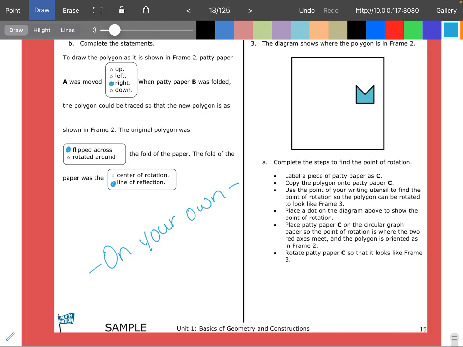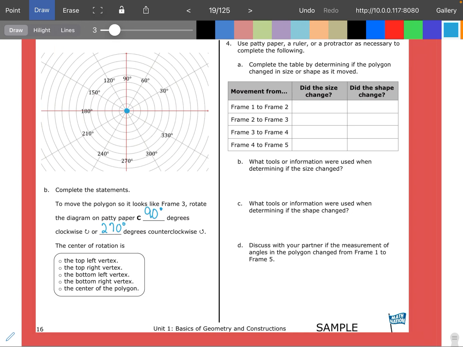So how many degrees did you turn it to get there? When you rotate it, you will rotate it 90 degrees clockwise, or if you went the other direction, that would be 270 degrees counterclockwise. The center of rotation is going to be the center of that polygon. Using the patty paper, a ruler, or a protractor,